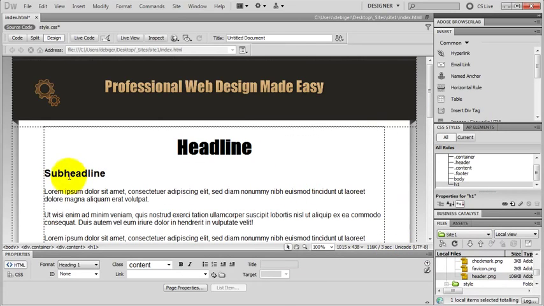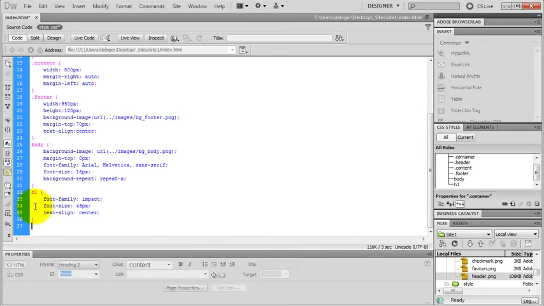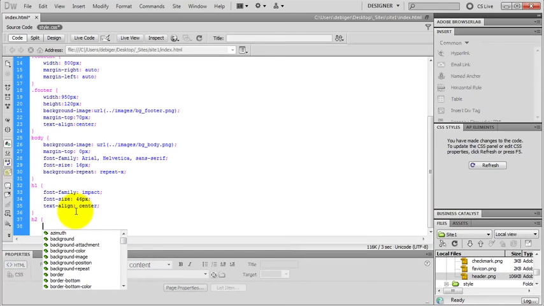And now I'm going to style my h2 tag, but let's write some CSS code so you learn how to do that as well. I go to my style CSS file, switch to code view, and here's my h1 rule. So let's put the h2 rule right after that. I type in h2, hit my spacebar, and I need an open brace, hit my enter key,